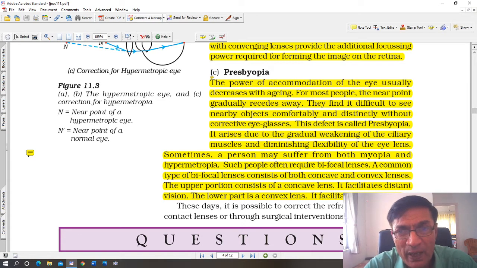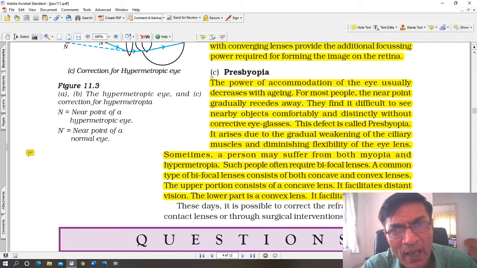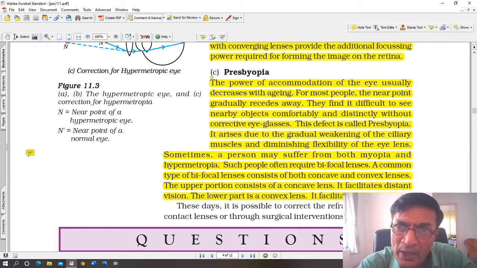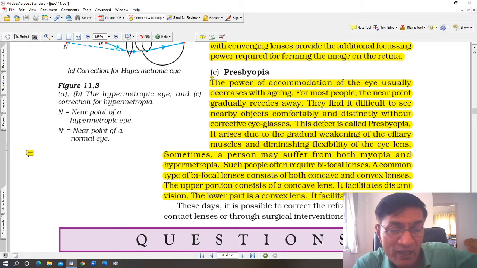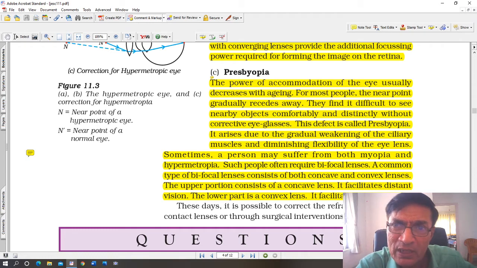So what is presbyopia? As we get older, 45, 50, 55, some people suffer from both nearsightedness as well as farsightedness, myopia as well as hypermetropia. This combination of both hypermetropia and myopia is called presbyopia. In other words, that person cannot see far very clearly, and cannot see near very clearly either. Both problems are there. He requires prescription glasses for seeing objects far away, and he also requires prescription glasses for reading, a combination of both.